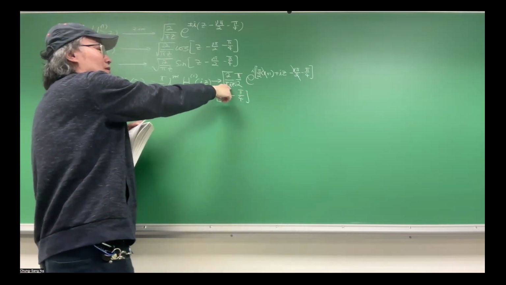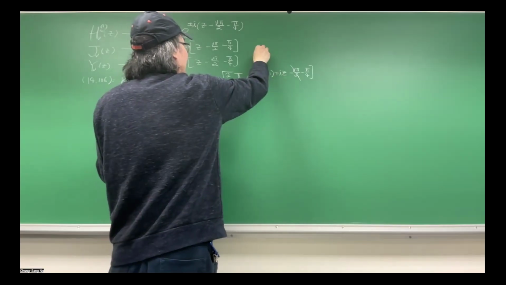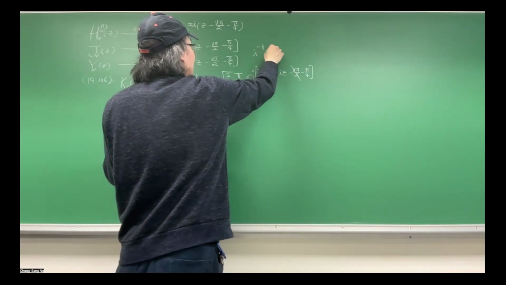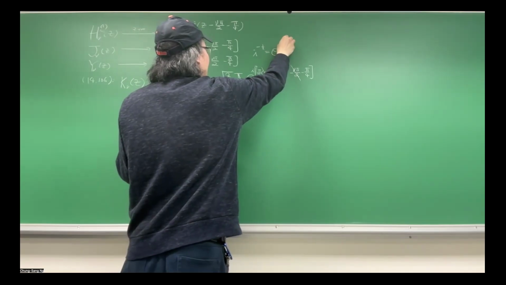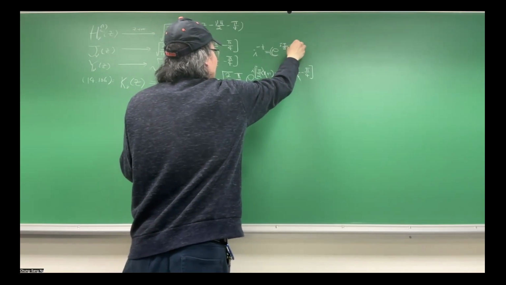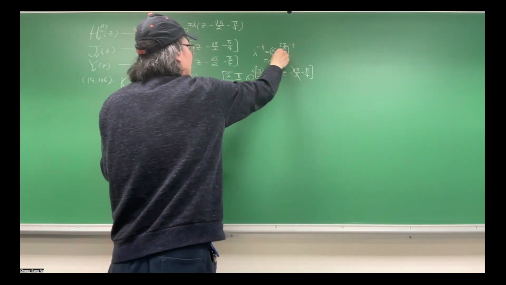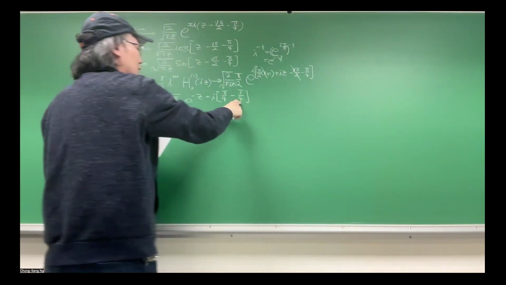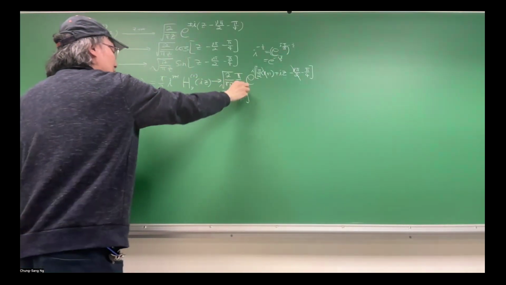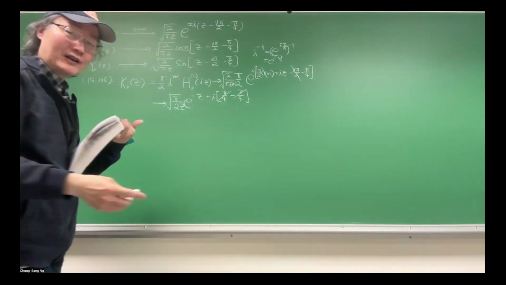So i to the minus 1/2 power equals e to the i pi over 2 times minus 1/2, which equals e to the minus i pi over 4. So that goes in here, and then these two cancel. All right, so it turns out to cancel all the phase,